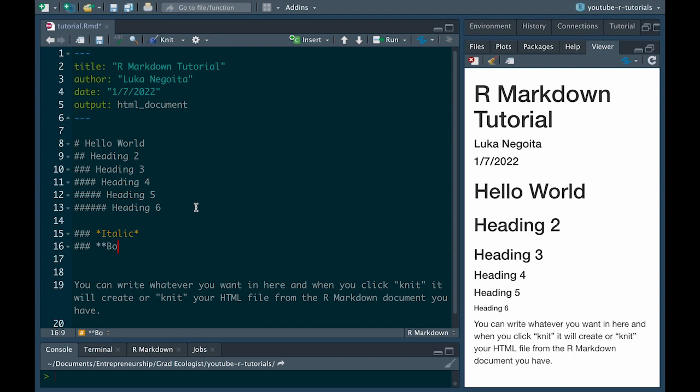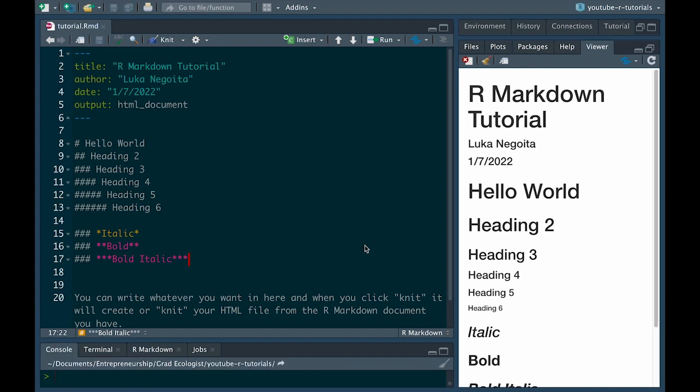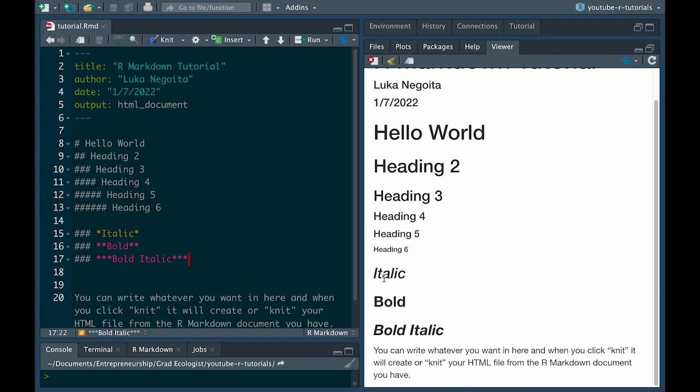I'll just write that normally. And if you use 3, it becomes bold italic. So now if we knit this, you can see these headings, italic, bold, and bold italic.